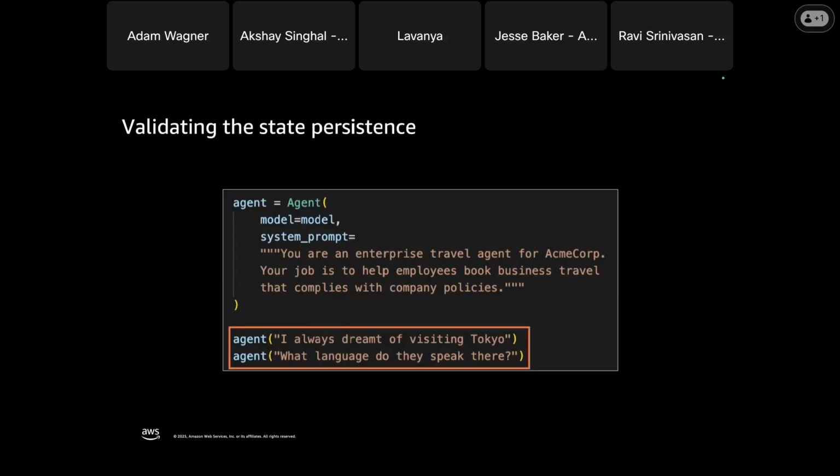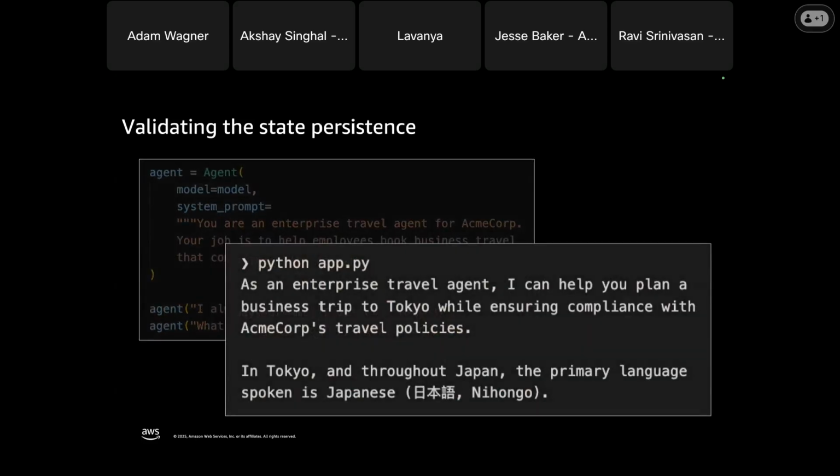So if it had no memory whatsoever, what language do they speak there wouldn't make any sense. But because Strands is taking care of this for you, we get an answer that makes sense. So in Tokyo and throughout Japan, the primary language spoken is Japanese, right? So it's taking care of handling that session state for us.